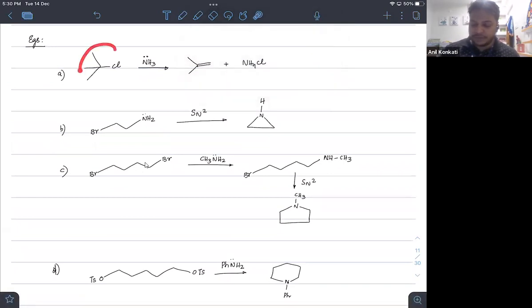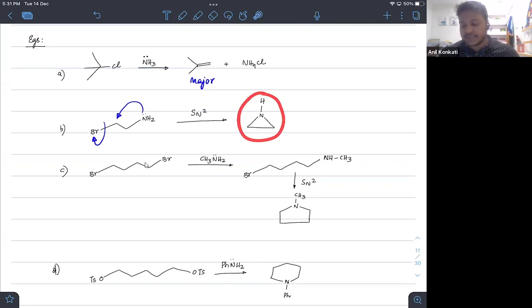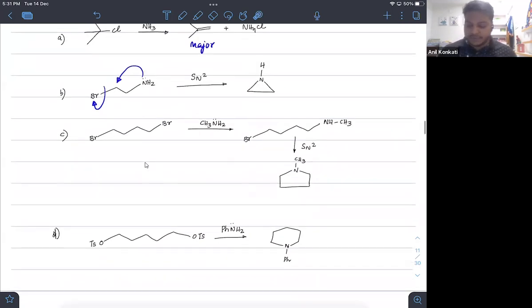Suppose you have a tertiary alkyl halide with ammonia, the major product you will expect is always an alkene. In case there is bromine within the group and ammonia is present, ammonia as a nucleophile will attack here, removes bromine, so we'll get aziridine. This is aziridine. Same way, if you have two bromines here and react it with CH3NH2, so what will happen,